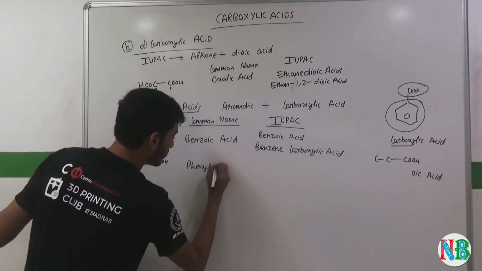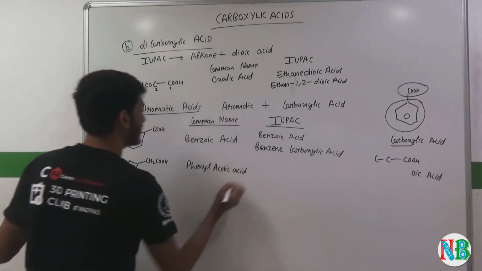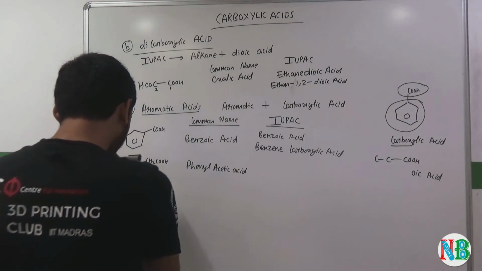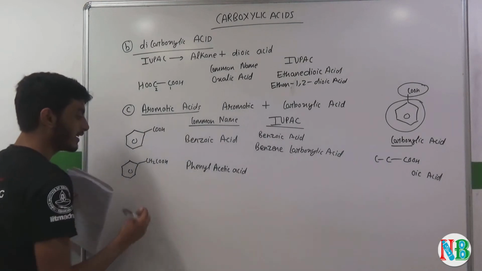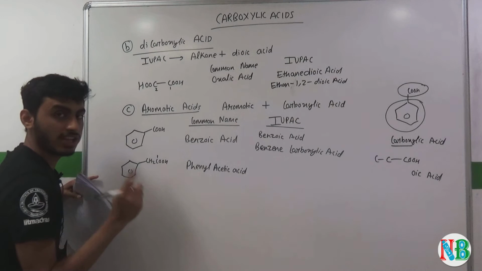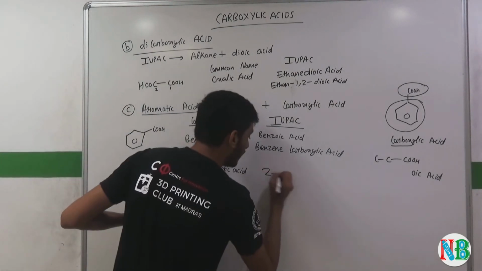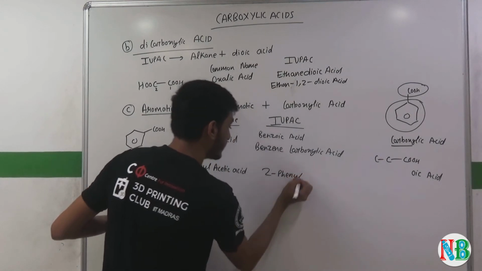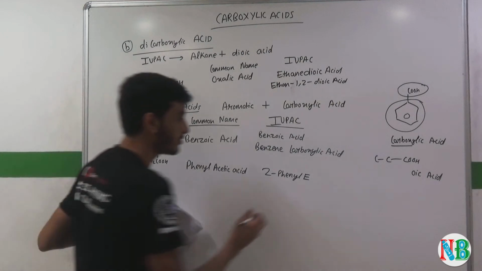So phenyl acetic acid is its common name. If you have to name this, the COOH will have the number 1, then the number 2, so it will be simply 2-phenyl. It has 2 C atoms, so